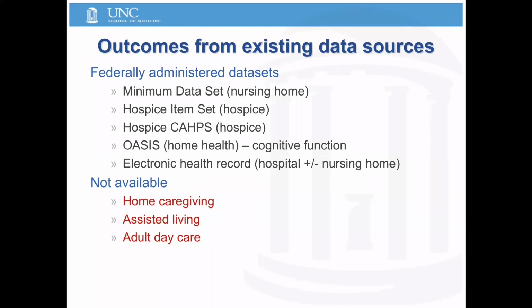One is that many of the federally administered data sets and administrative data sources are relevant to this population because of the healthcare settings this population frequents, and because the vast majority of the population living with AD, ADRD is over 65 and therefore connected to the Medicare